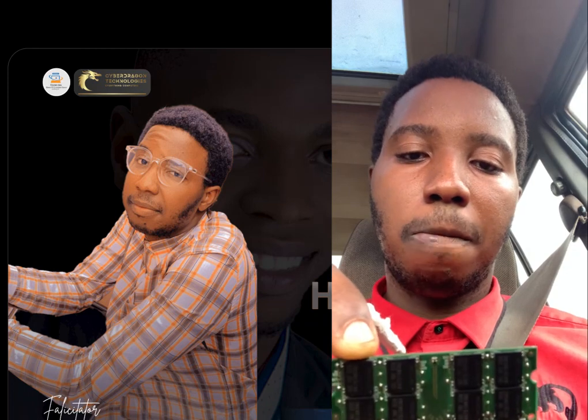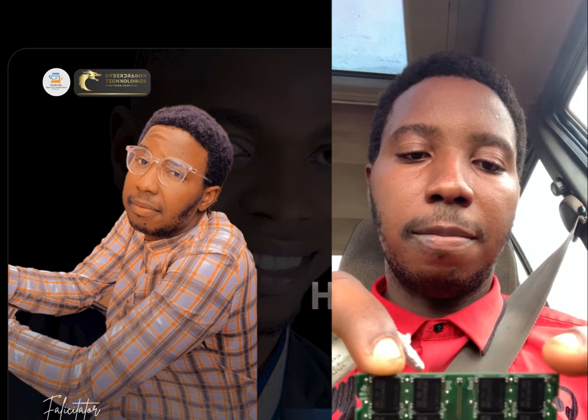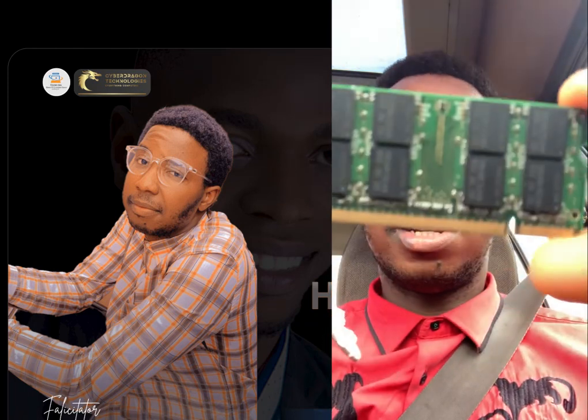Now, I don't have most of these hardwares, but if you'd like to learn more, you head over to Teamcsg. We'll have all of them there. You'll be able to know about all of them. Now, this is a DDR2. And for the desktop RAM that I showed you guys earlier,